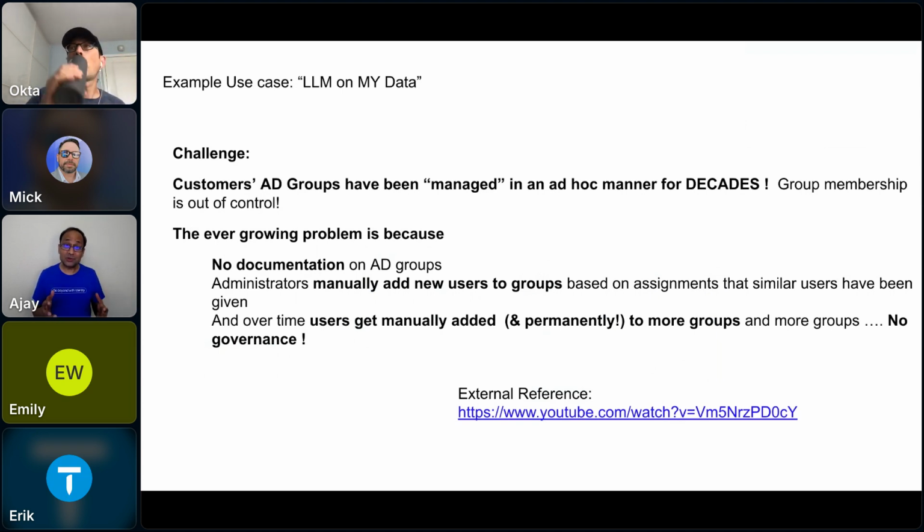But I really want it to be on my data. So this is what we call the retrieval augmented generative AI pattern. And the example here is to be able to generate documentation on AD groups. And as you know, AD groups have been managed over time, decades, with very little governance.